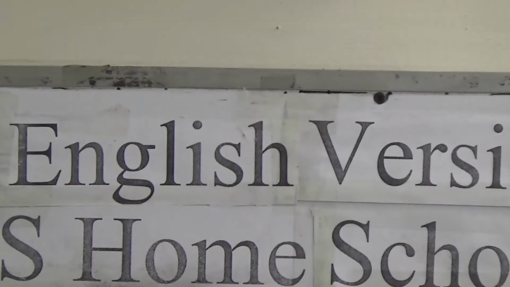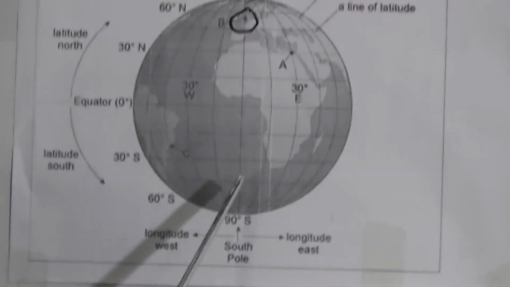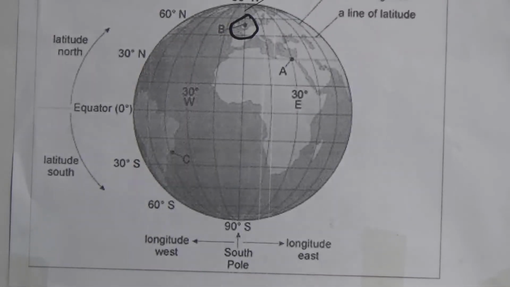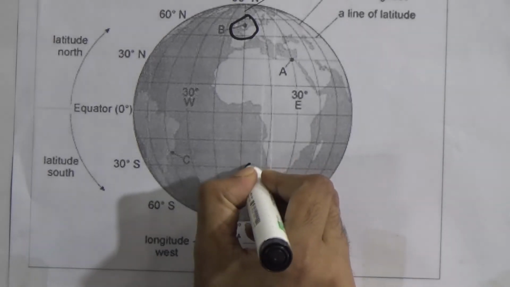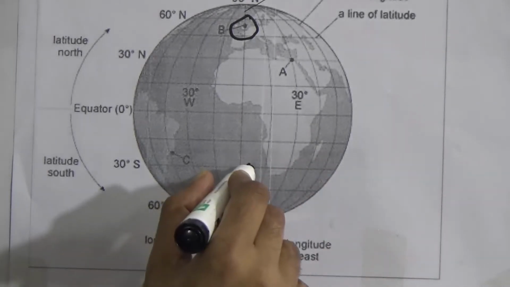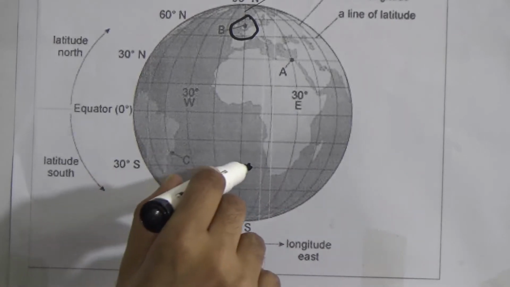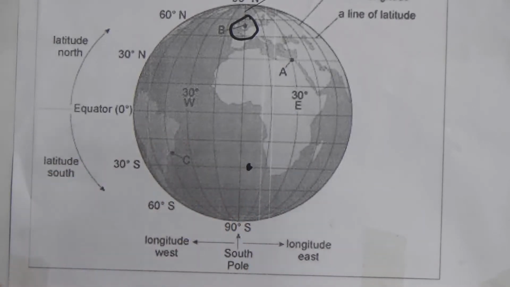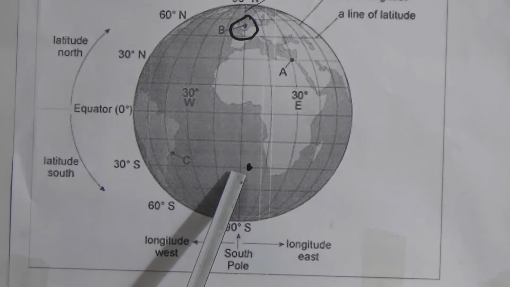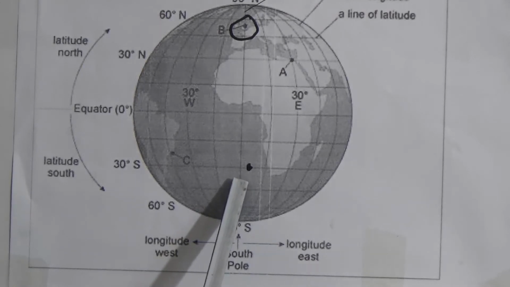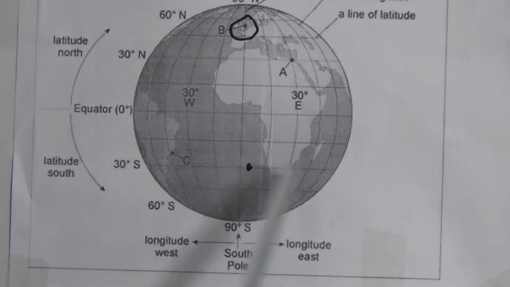Okay, there is another topic in our today's class. This is antipode. As the earth is round, suppose this is a place. If we go straight through the earth, the point that we get on the opposite side is the antipode of this point. I repeat again, the place that we find on the opposite side of the earth will be the antipode of this place.